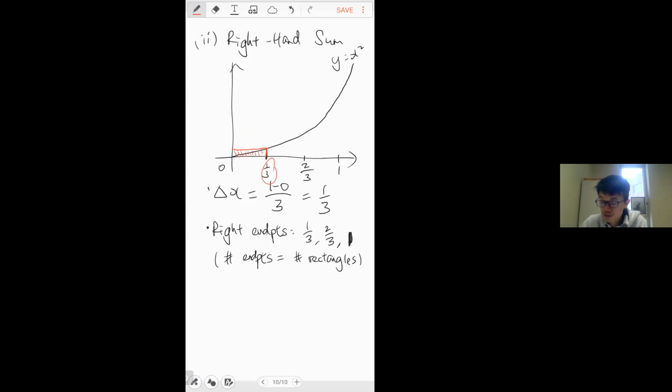For the second interval, you do the same thing. So between 1/3 and 2/3, you pick the right endpoint, which is 2/3, and draw a rectangle like this. And between 2/3 and 1,